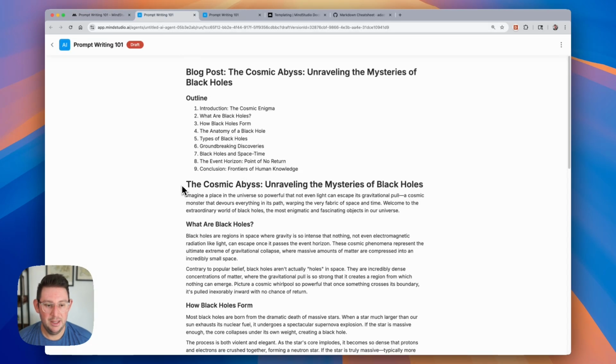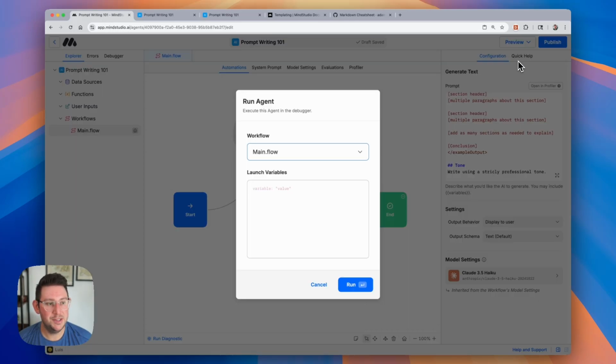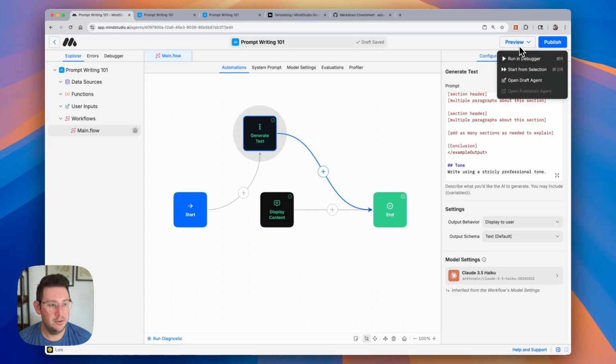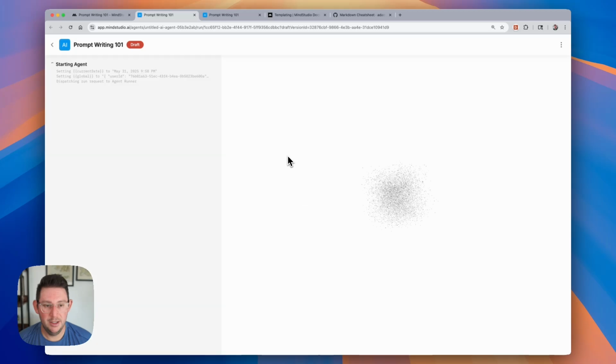So let's pay attention. This says imagine a place. You know, it's kind of whimsical. It's colloquial, so it's not overly verbose or trying to be a more technical document. Now let's switch over to a professional tone and see what happens. Oops, I clicked on the wrong button. Let's open the draft agent and we can reload this. And it might take just a second, but once it starts generating, we'll see how that tone has affected the